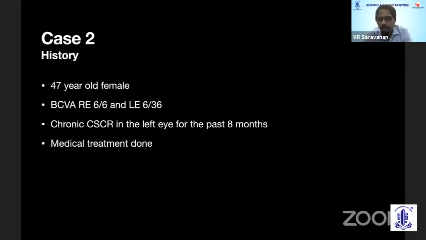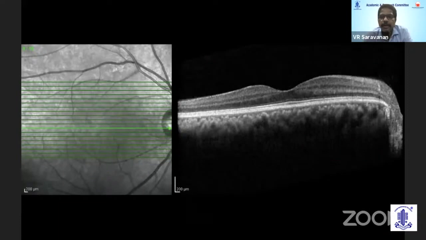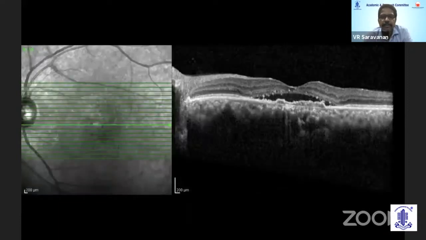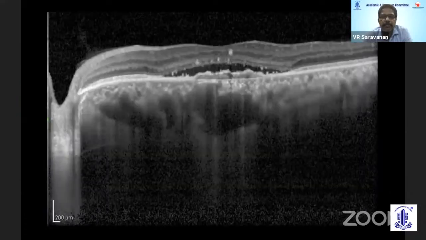I just wanted to impress the point again in another case. It's a 47-year-old lady who had a vision drop for approximately 8 months, which was treated with some medicines elsewhere. You can see some amount of fluid and RPE changes in the left eye. The right eye is quite normal. In the left eye, a similar picture, a localized fluid with a shallow PED right in the center. This indicates the thicker choroid on enhanced depth imaging. And the other eye also shows very large choroidal vessels with atrophy of the smaller vessels in the superficial choroid.